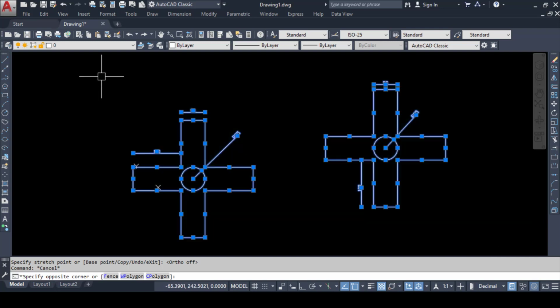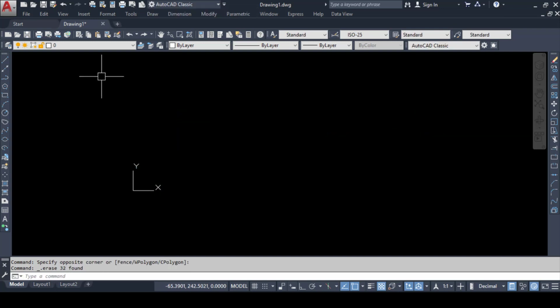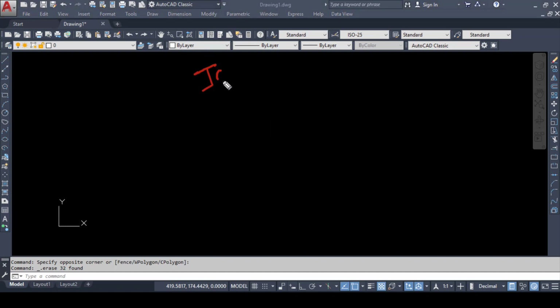Now I would like to show you a new command in AutoCAD that is called the join command, or the construction line. So first let us see the join command. If I talk about the join command, J is the shortcut key. Now it is used to join specific sets of lines. For join, J is the shortcut key.